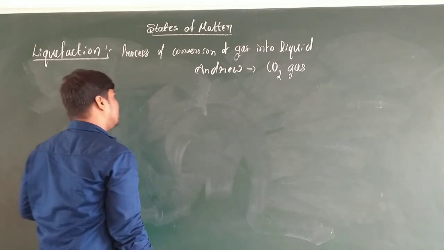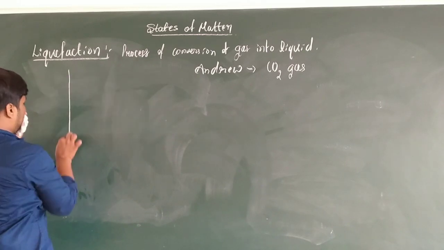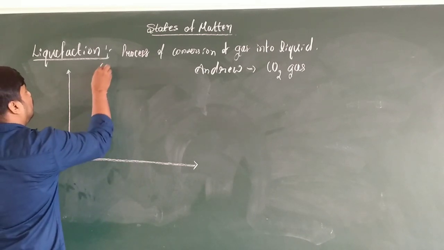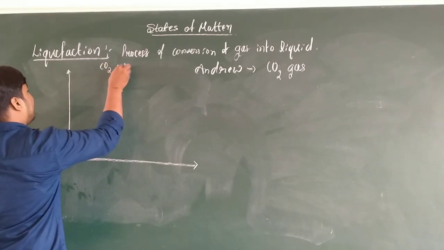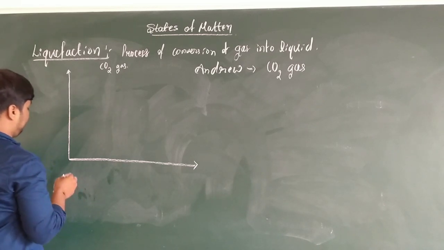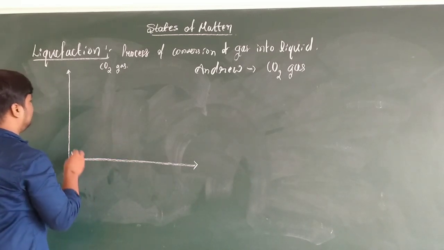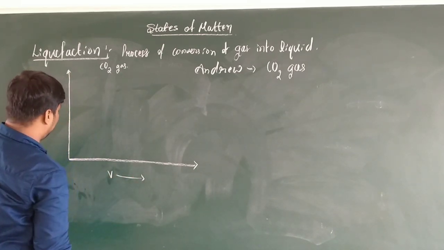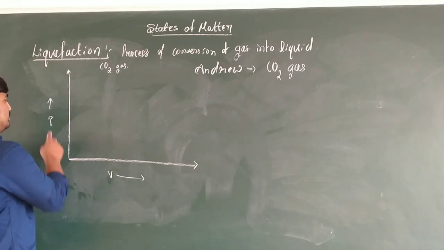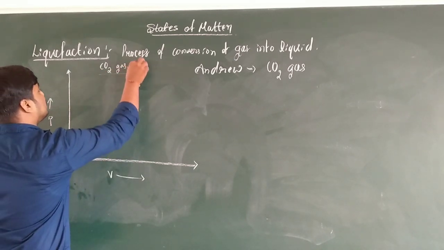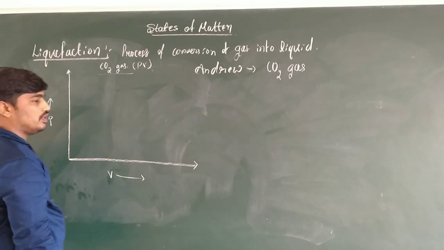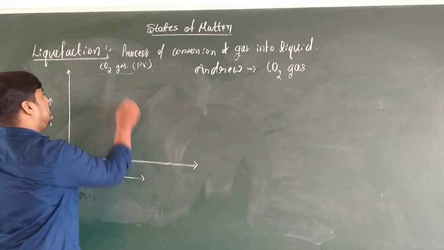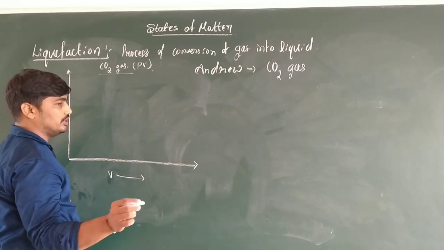Okay, let us discuss Andrews isotherm. I would like to draw a graph for carbon dioxide gas. Please concentrate on this part, it is very important. Once you study it completely, there is no need for further reading. Consider a PV graph for carbon dioxide gas: pressure versus volume, pressure along the y-axis and volume along the x-axis. Here, for carbon dioxide gas at lower temperature,